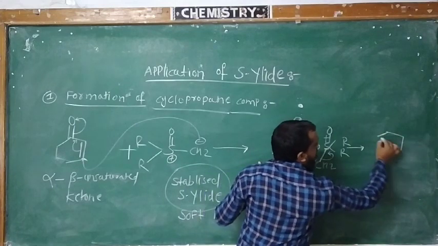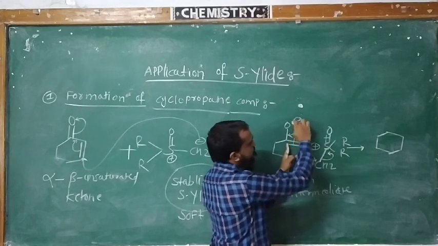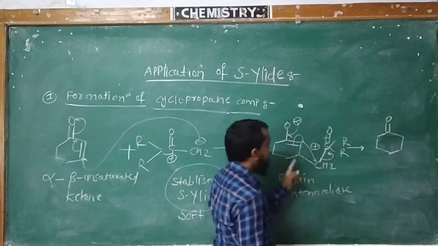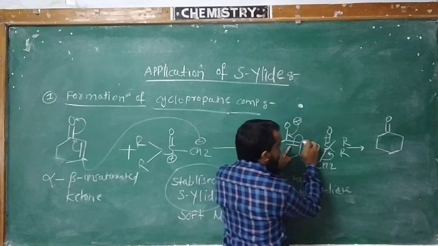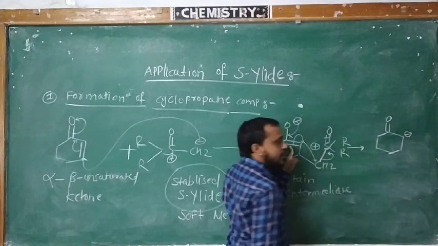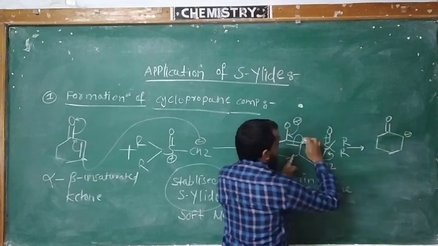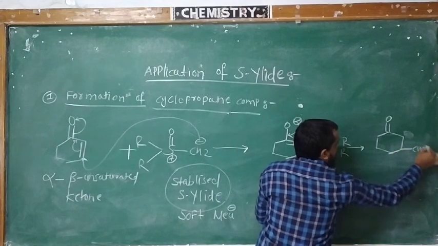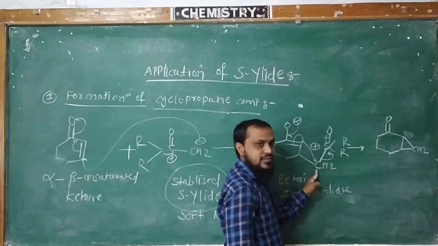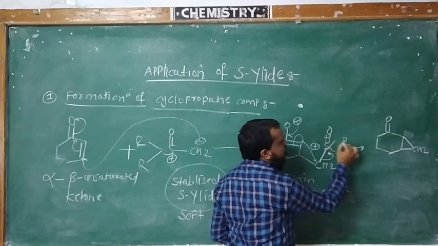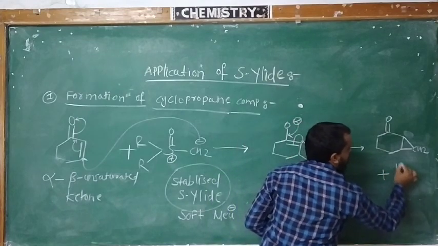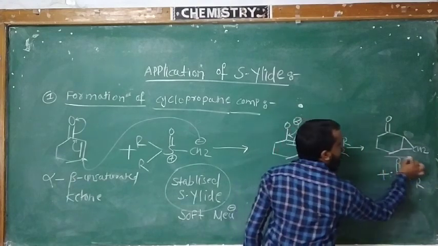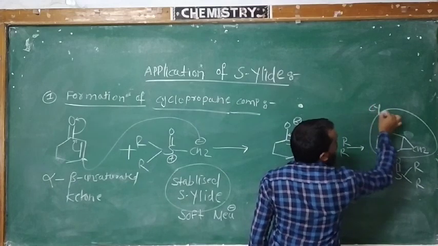See here, this bond shifted, this negative charge shifted between oxygen and carbon, so here a double bond will be formed. This bond shifted toward the carbon, the carbon bears a negative charge, and this negative charge attacks this group. So here the bond will be generated, and simultaneously dimethyl sulfur oxide will be removed. So this is our final product called the cyclopropane